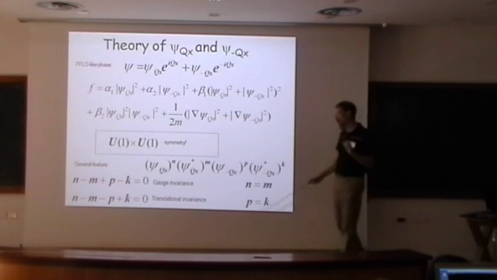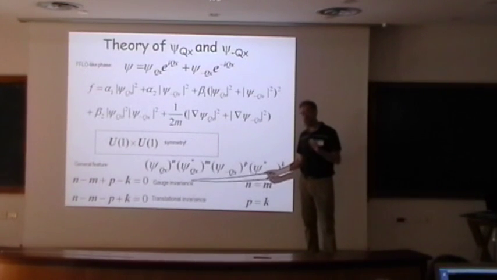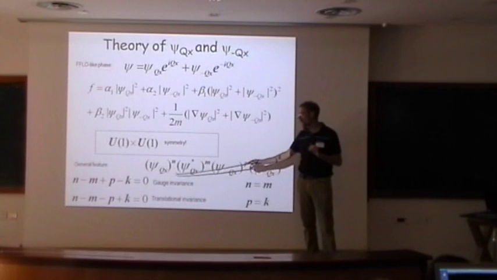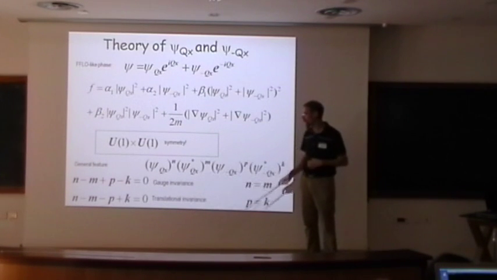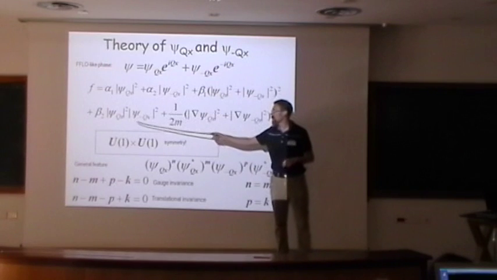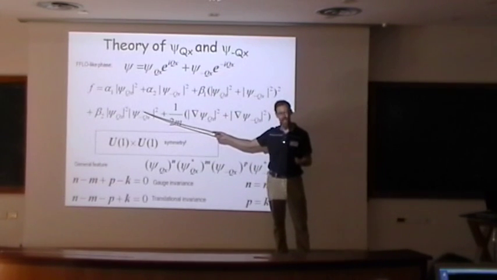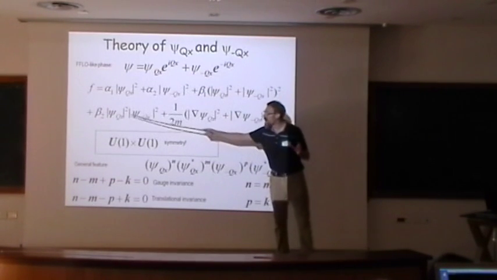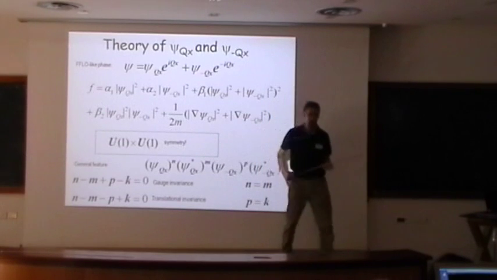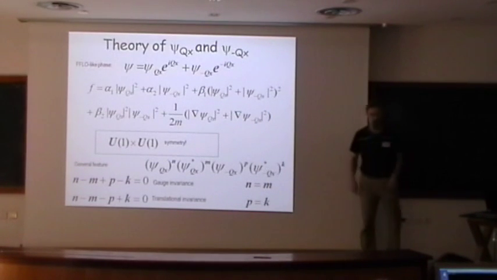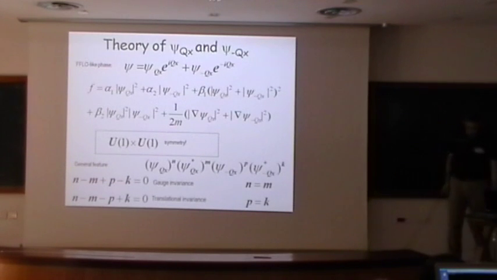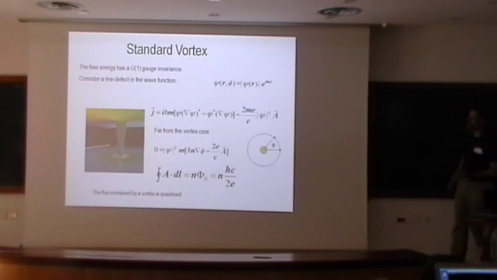But you guys can read through the algebra here, because I'm running a little bit out of time. So what I'm just going to say is that if you combine gauge invariance and you impose translational invariance, then you find, in fact, that you cannot have any term that has psi qx times psi minus qx complex conjugate, unless you only have the magnitudes of psi qx and psi minus qx. That's what this little bit of algebra is looking at, and you can look at that later in the notes. All right. So this is a symmetry of your system.